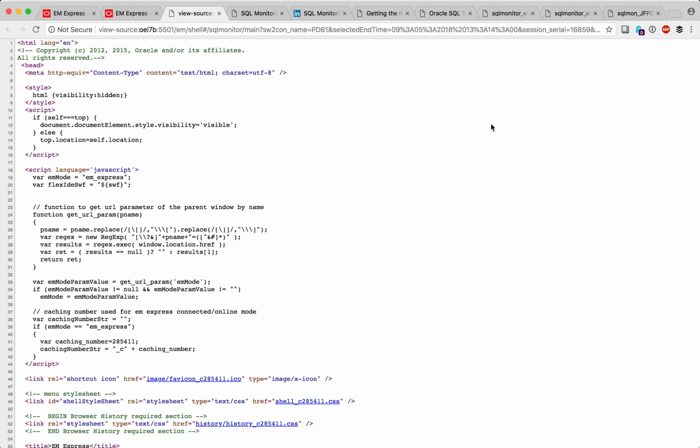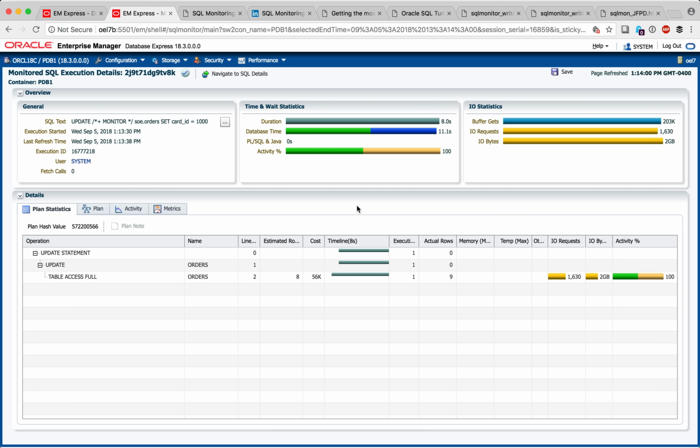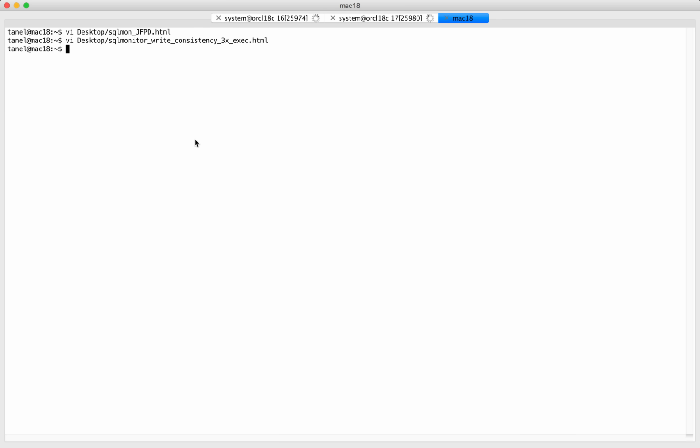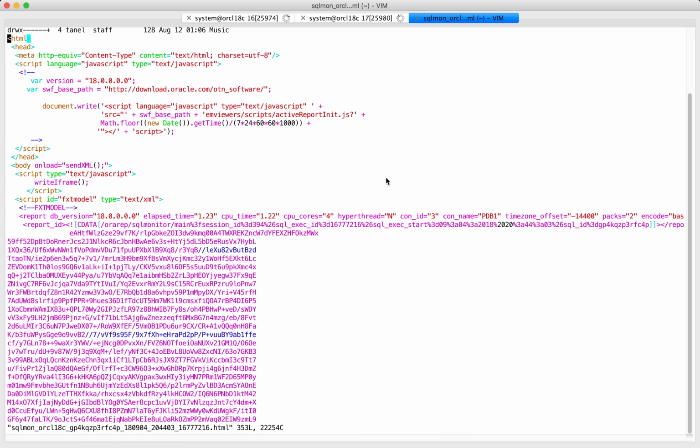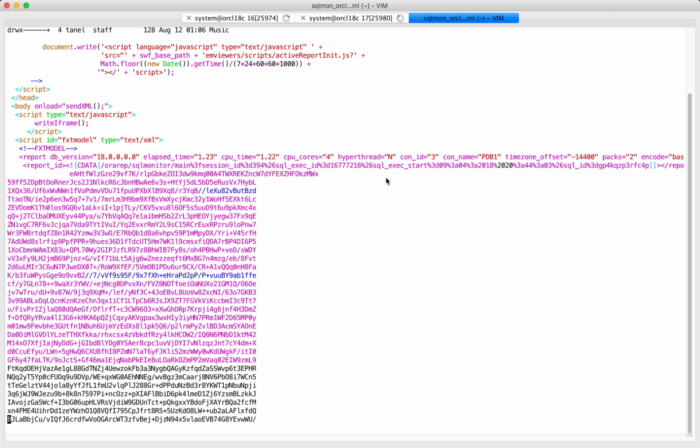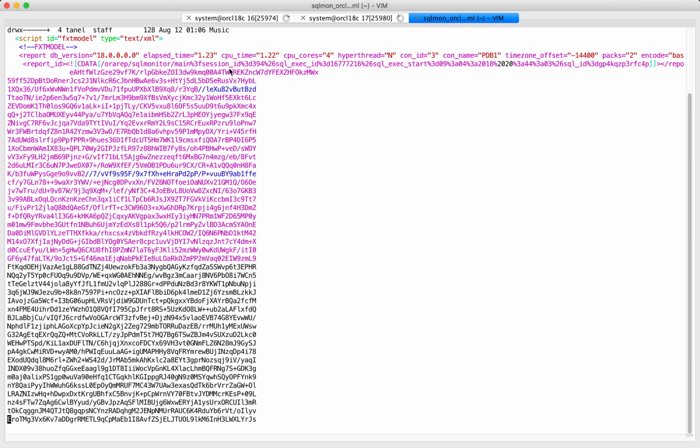Nope, it's probably like a frame here, so that's not as easy to view. But if you use a SQL Mon script, like in my slides, to save a SQL monitoring report, then what happens is this. So just open a random one. Let me just take, I don't know, this guy. And you see, when you use the SQL Mon script, then